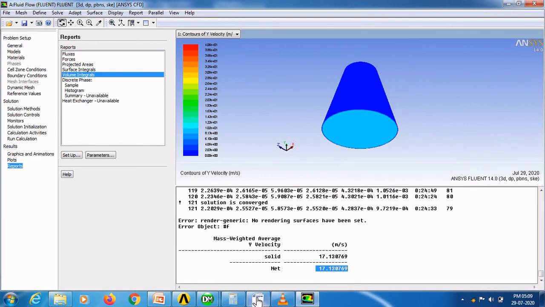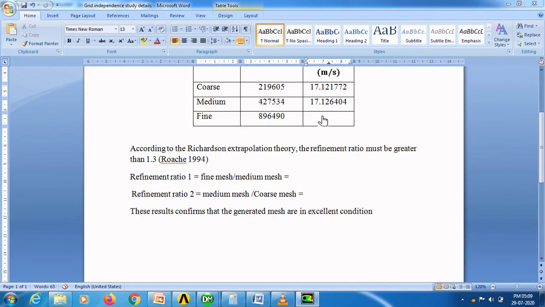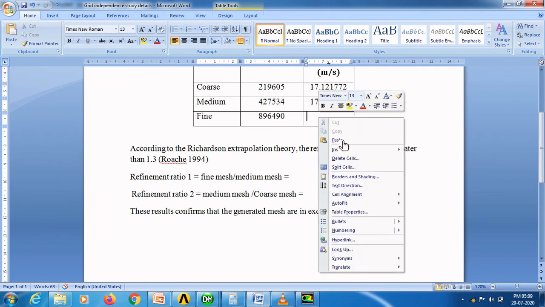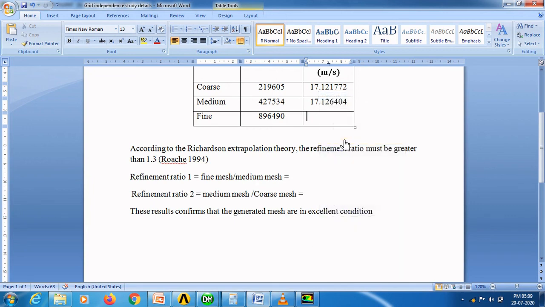Now copy this value and paste in grid refinement study table. Now you can see the results.